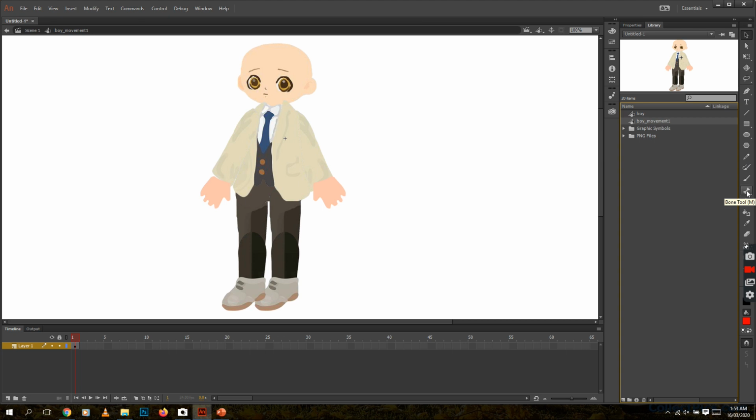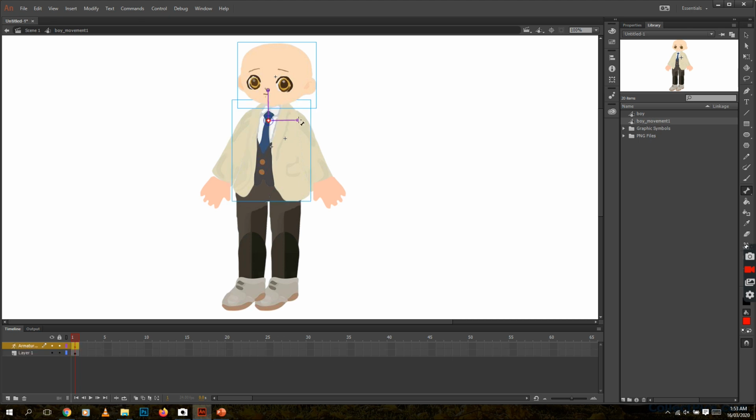Here it is. Okay, so you click that one, and then you just connect all the body parts of your character. So from the body, connect it to the head, and then to the arm, going to the hand. Another one to the other arm, and then connect it to the other hand. And then going to the hip